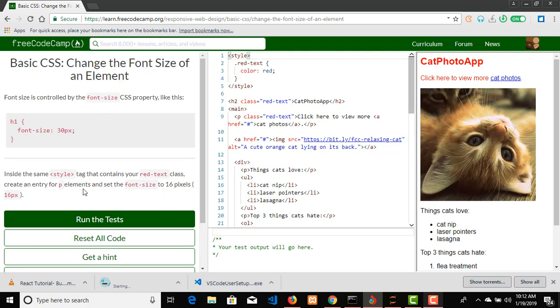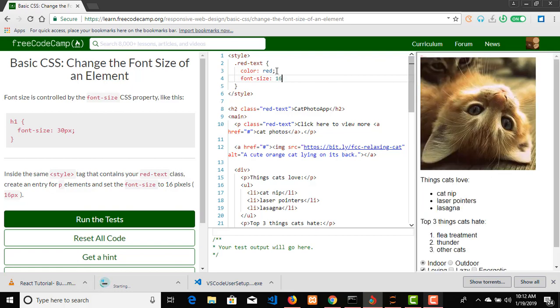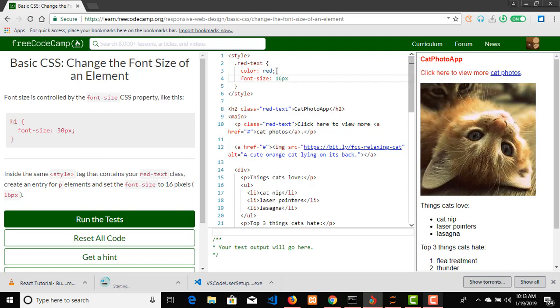To change the font size, you just have to get the name of the element and say font size, and then we give you the size. This is 30 pixels. Okay, so we want to change to 16 pixels. Inside this red text, I'll just simply go down and say font-size should be what? 16, yeah, 16 pixels. Okay, so then I'll run this,